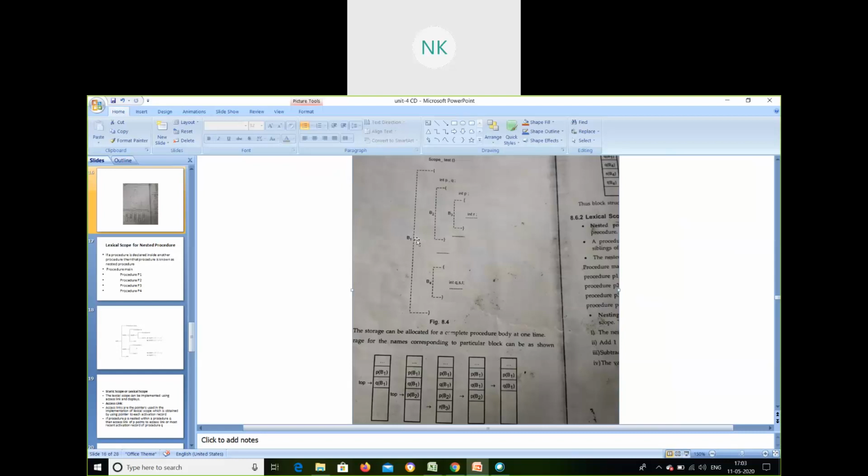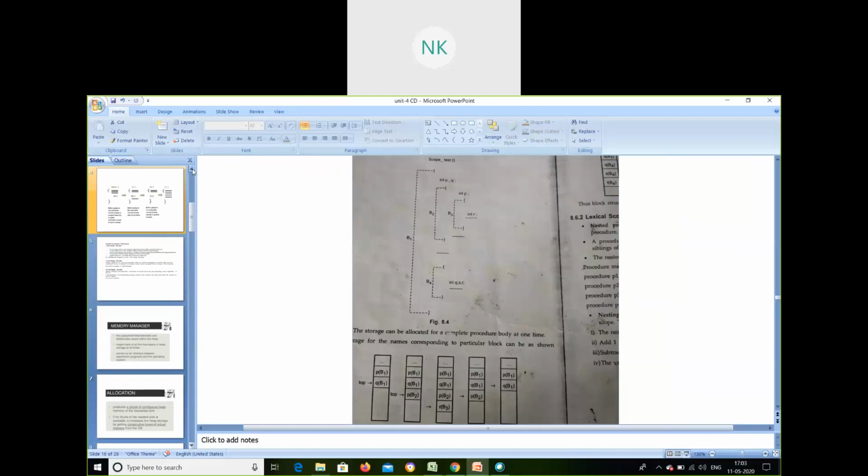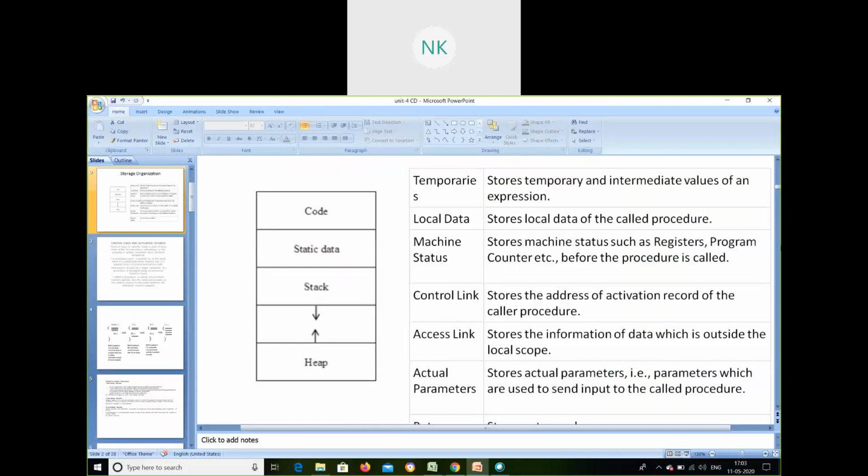So from one block to another block, if I want to access non-local variables, then I will have an access link, wherein the access link will have information about the other non-local variables which are going to be connected. That we have seen in the activation record. You remember in the last session I explained about the activation record, wherein I explained about the access link.